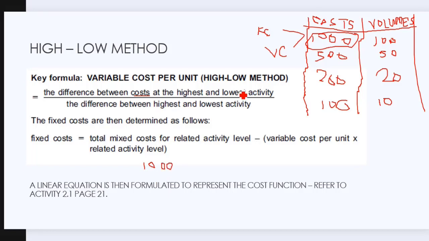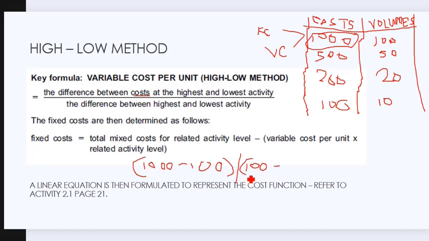And then which one is the lowest with the lowest activity? It's 100 rand. So you'll say 100 rand. Yeah. All right. Divide by the difference between the activity itself. So this 1,000 goes with this 100. So it will be 100 here